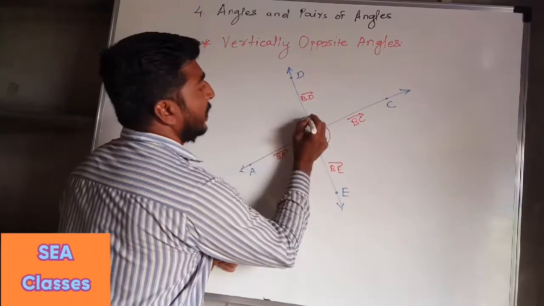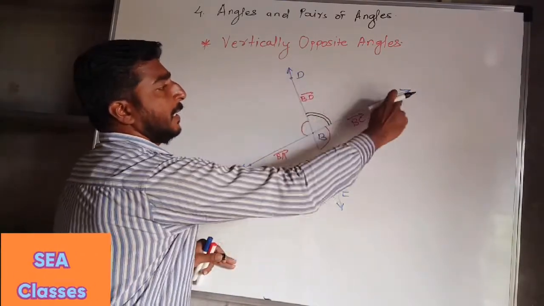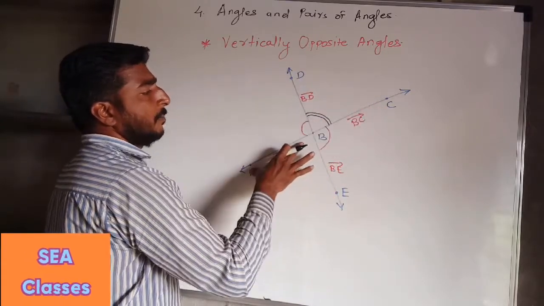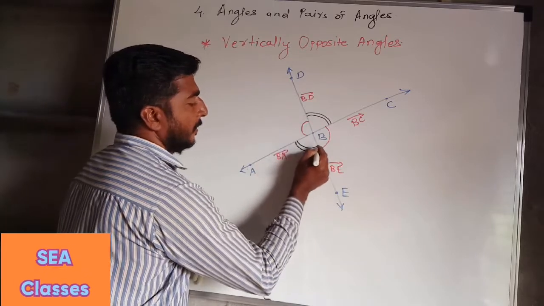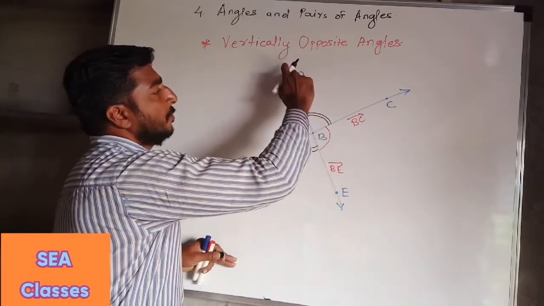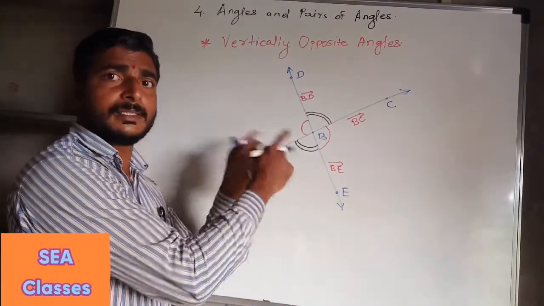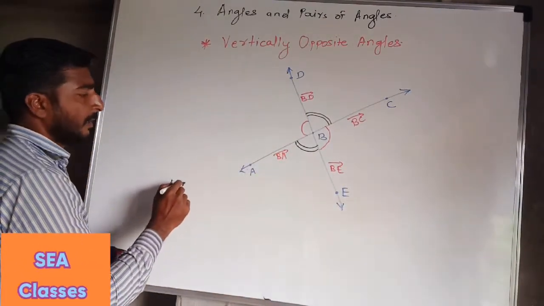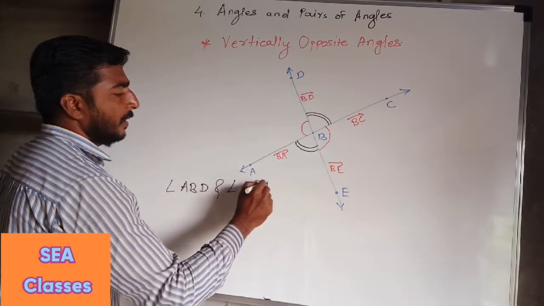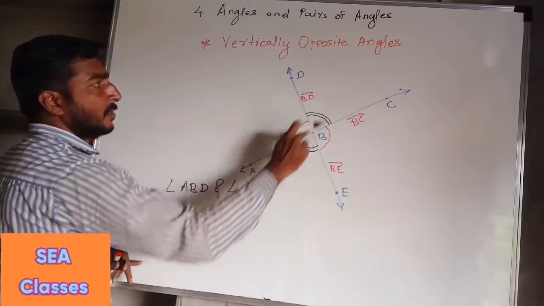So similarly you can see there is one more angle here formed by the rays BD and BC. So the opposite ray of BD is BE and the opposite of BC is BA, and there it forms angle ABE. So the vertically opposite angle of ABE is DBC. So there are two pairs of vertically opposite angles in this figure. Which are the two pairs? Angle ABD and angle CBE is one pair of vertically opposite angles,